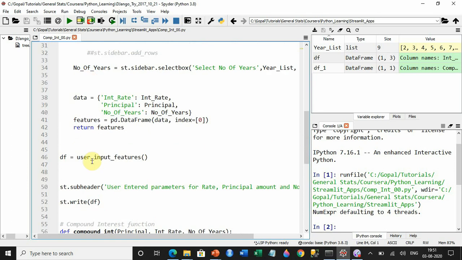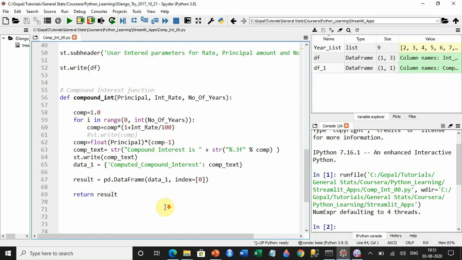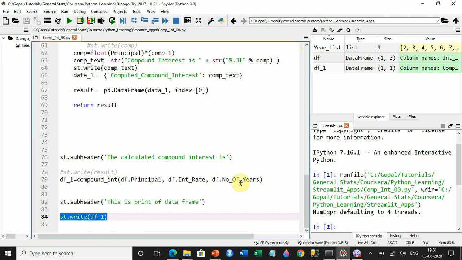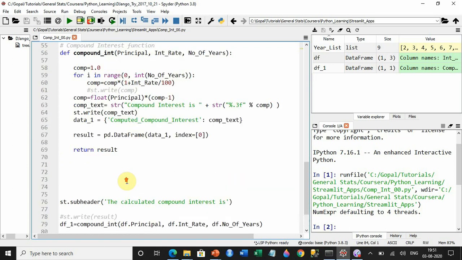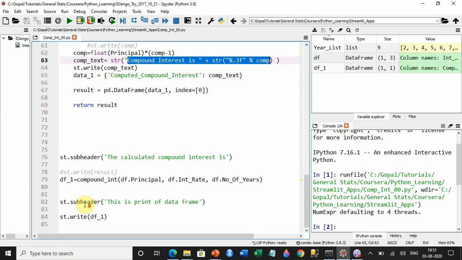That's how you made the df variable. So all these things you are passing here through these parameters. That's how the parameters are getting passed into this function, and this function is calculating compound interest, writing this text, and then making a data frame. That data frame is df underscore 1, which I am printing here.